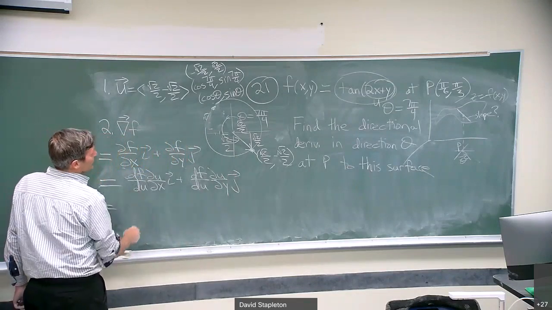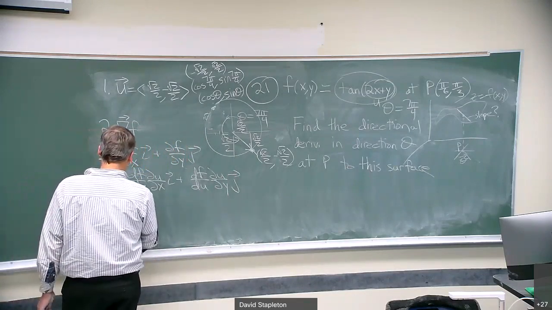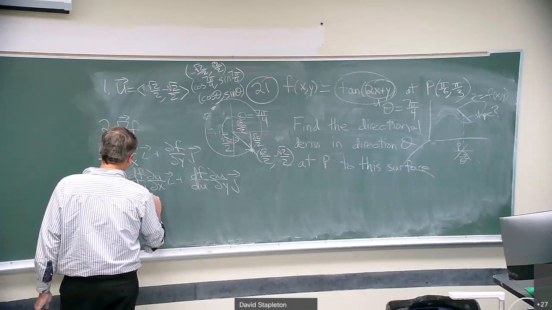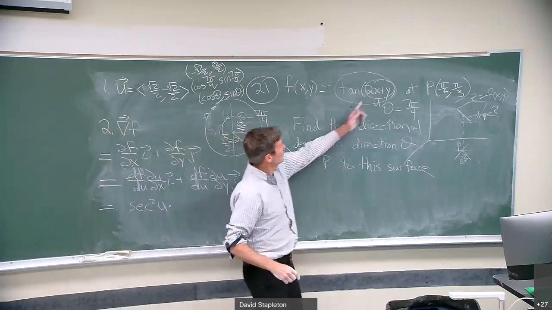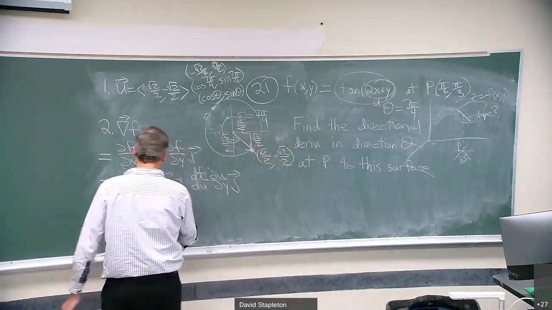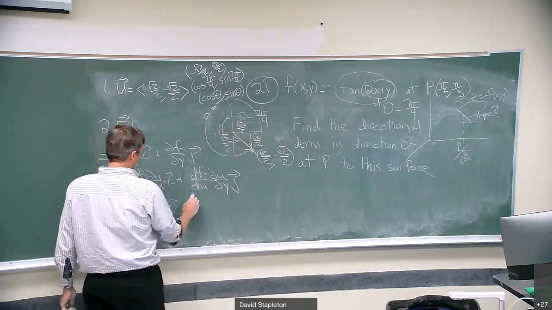Well, partial of tangent is secant squared. The derivative of tangent is secant squared, so I get secant squared u, and then du dx, if u is 2x plus y, is just 2. So it's secant squared u times 2 i